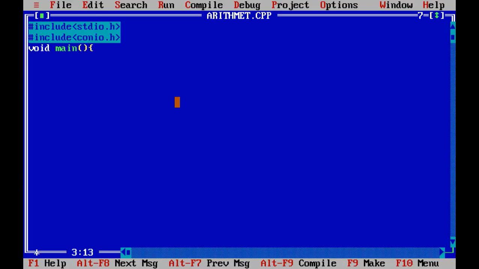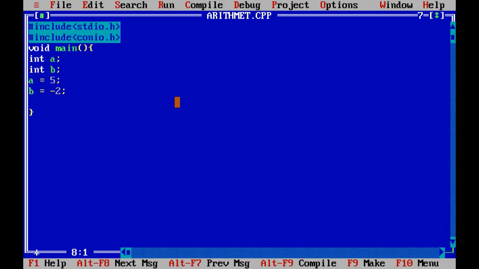Here is the block of the main function. In the block of main function we are declaring two variables, integer a and integer b. Now assigning value, a is equal to minus 5 semicolon, and assigning value to b variable, that is 2. I'm sorry, numerator is positive, denominator is negative in our example.